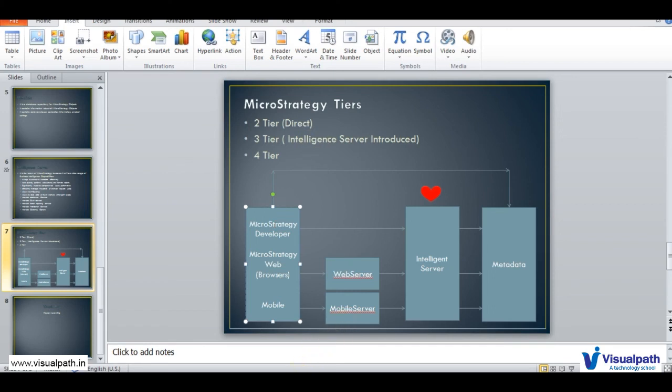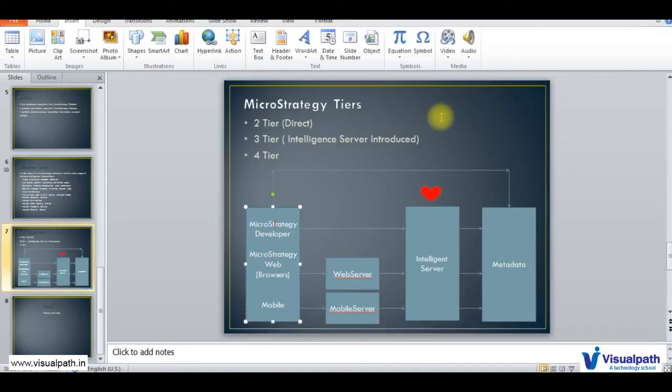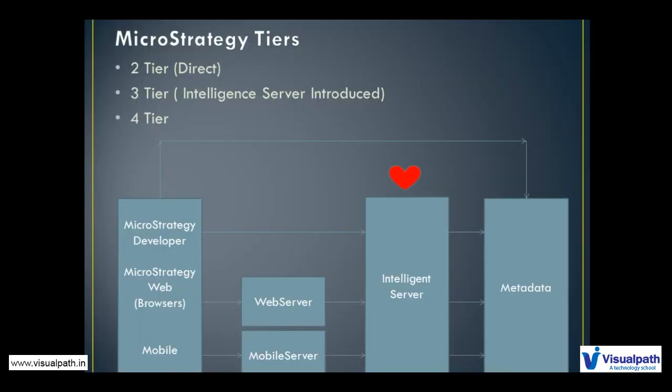So you go to your Developer: what you see over here is a 2-tier, and what you see over here is a 3-tier. It's that easy. I hope you understood the different tiers of MicroStrategy: 2-tier, 3-tier, and 4-tier. That's all from today's session.